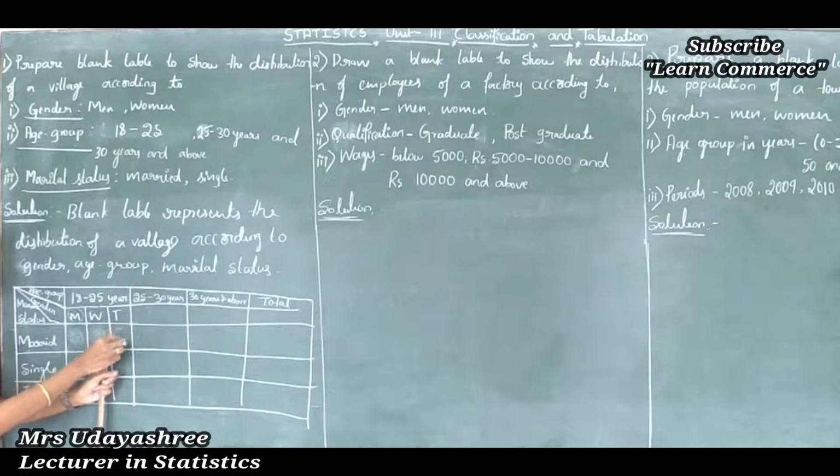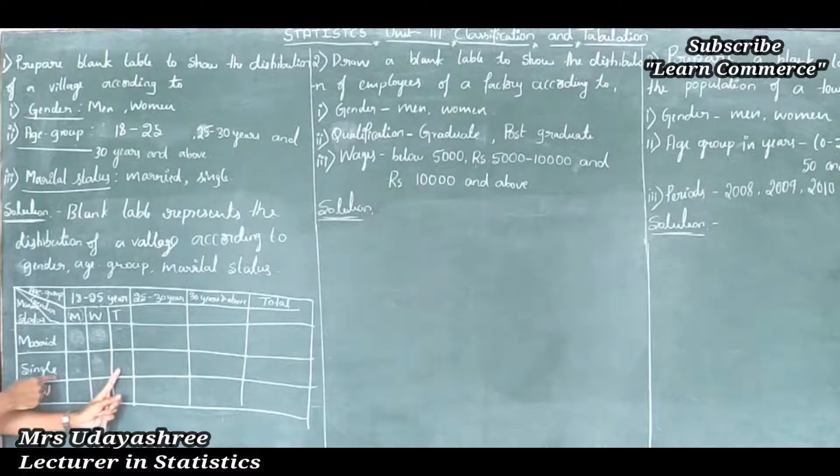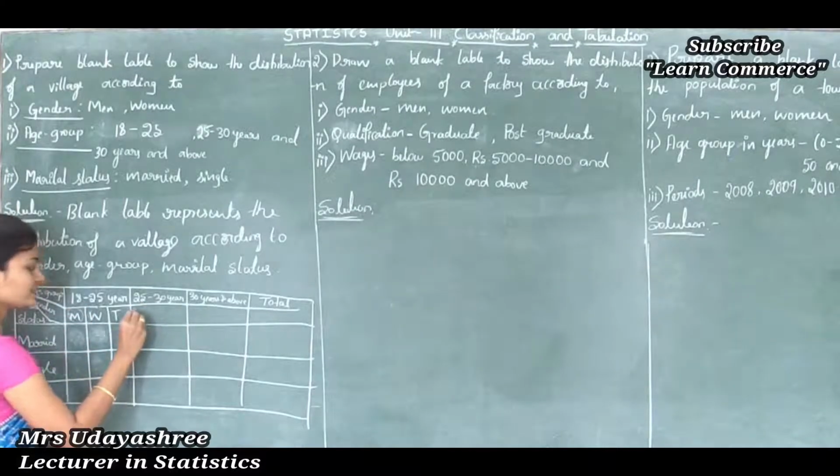So this total indicates men and women totals. So men and women married between 18 to 25 years. Here it indicates the total number of singles between 18 to 25 years. Like that. So for this I will write genders, that is men,